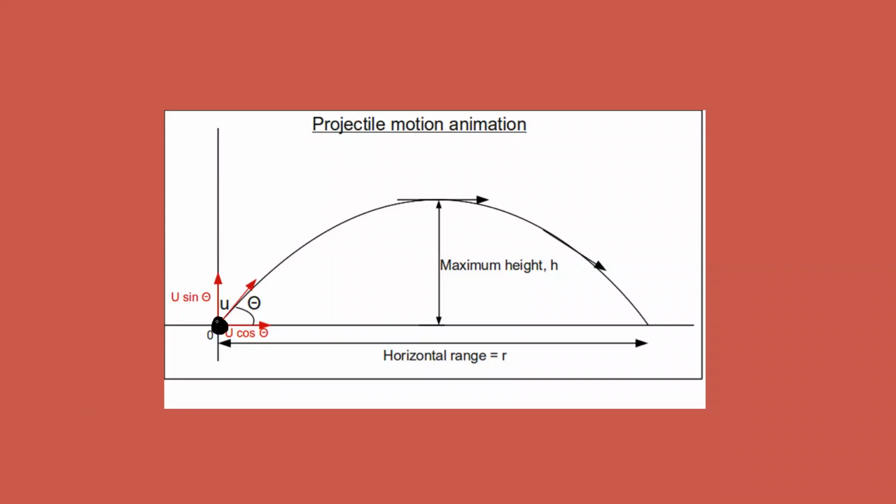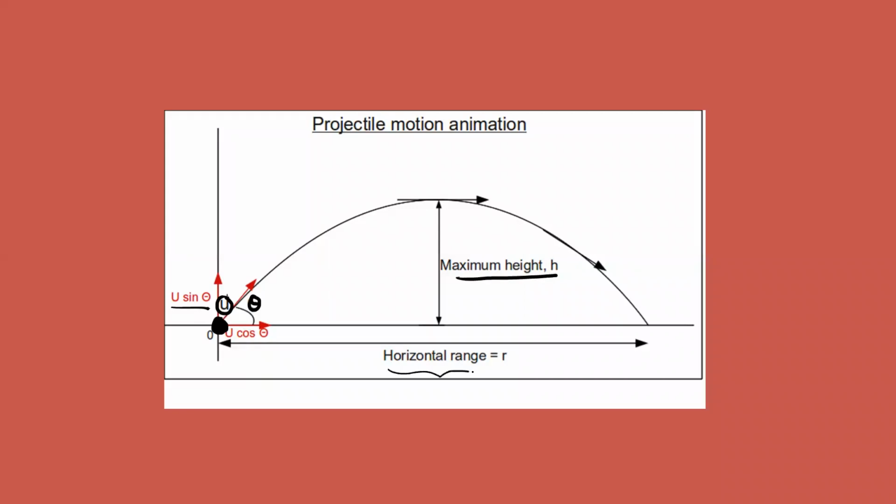Suppose a ball is being projected with some initial velocity u at an angle theta. This velocity will have an x component, which is u cos theta, and a y component, u sin theta. These are the initial conditions. By taking this initial velocity and initial angle of projection, we can find out the maximum height, what